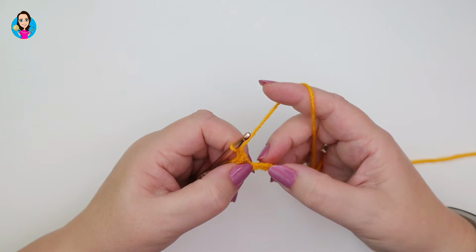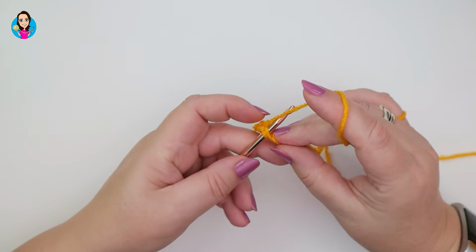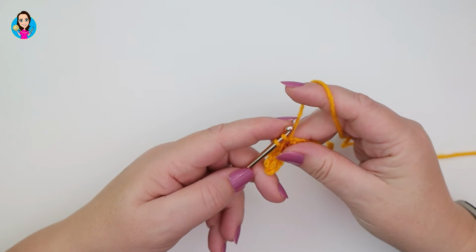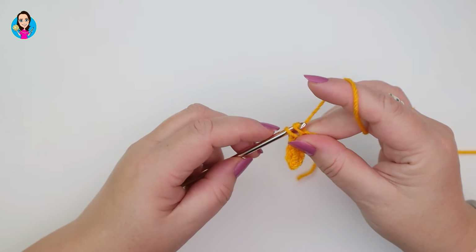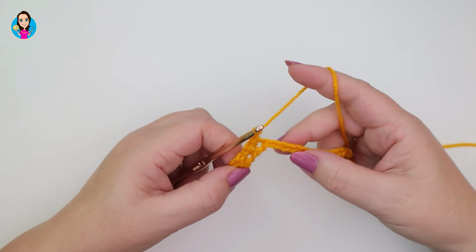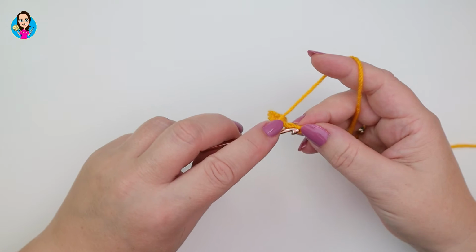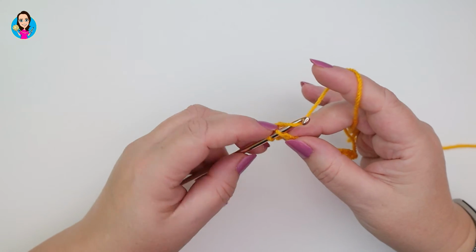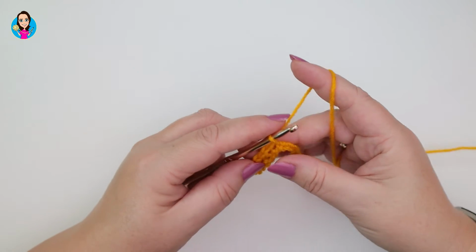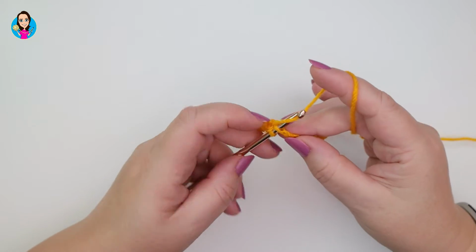skip the next stitch, working into the next chain, we insert, yarn over, making another double crochet, pull the yarn back through, you have 2 loops on your hook, yarn over, pull through both of those loops and chain 1. And we're going to continue this pattern all the way down, so you skip a chain, insert to make a double crochet and then chain 1, skip a chain, double crochet in the next stitch,